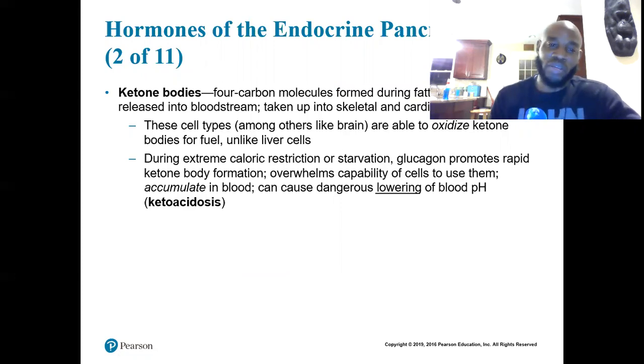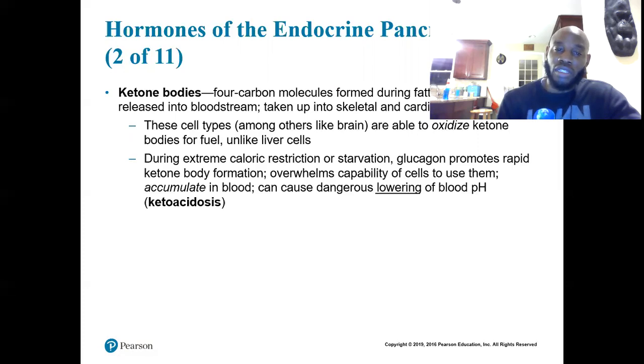When you have extreme caloric restriction, some people are on this keto diet, so they cut down all their carbs. You have this rapid ketone body formation, so your body uses more fat to make energy, which sounds good for weight loss, but